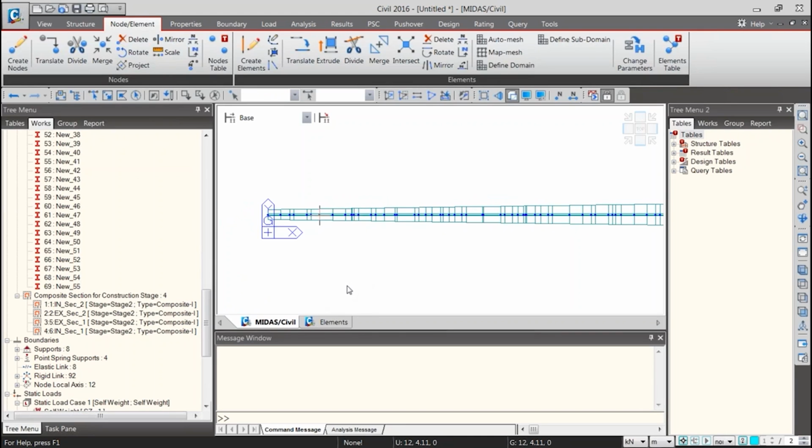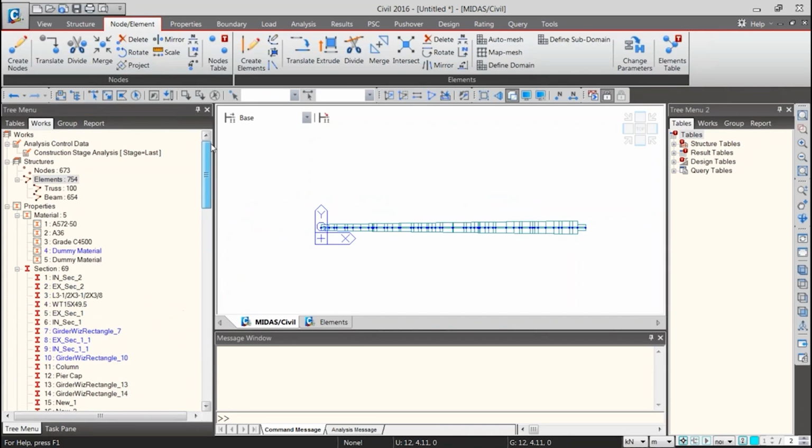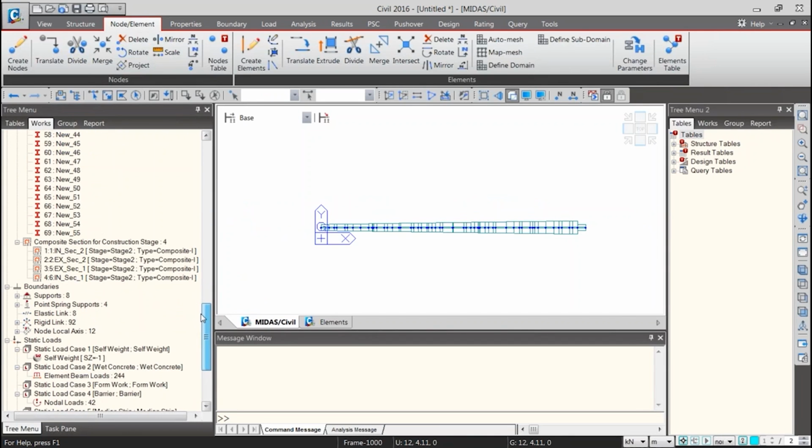So this way you can edit these elements using MCT command cell and using Excel and table option of Midas Civil. So this is one way of modification, how you can modify things, how you can go about things.